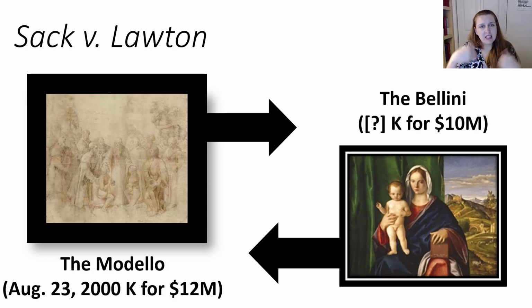Right? The fact that she did that ultimately allows her to succeed on the action for price, and the court notes that plaintiffs have established that under the circumstances they're unable to resell the Modello at a reasonable price. So just keep in mind that the more typical damages for seller are going to be based on resale or market price, and to actually force the sale through an action for price, which is basically the sales equivalent of specific performance, you do typically as a seller need to show that you made an attempt to resell the item.